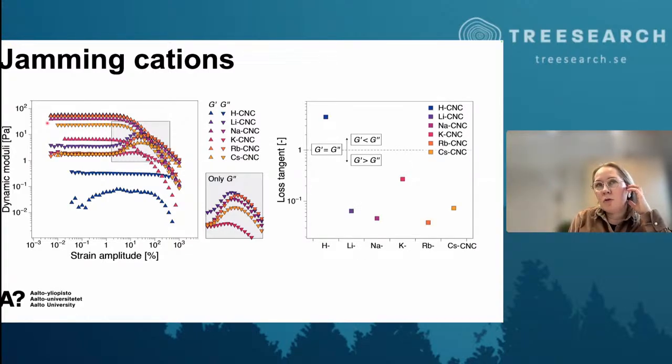Then we also looked into the loss tangent, and there we could see again that the non-modified version is very different from the modified ones. However, there is an exception always noticed with the potassium modified, which is then more, let's say, liquid-like rather than gel-like in comparison to the other series. And quite interestingly, when looking into the literature, it's also something that is sometimes reported, that the potassium as a countercation for cellulose